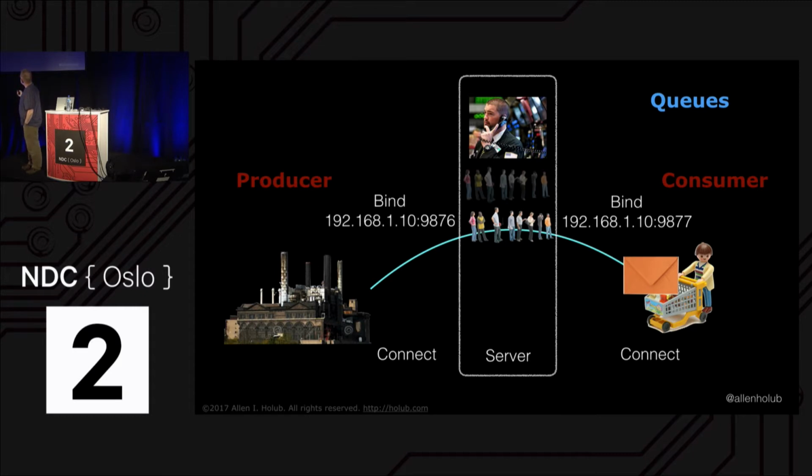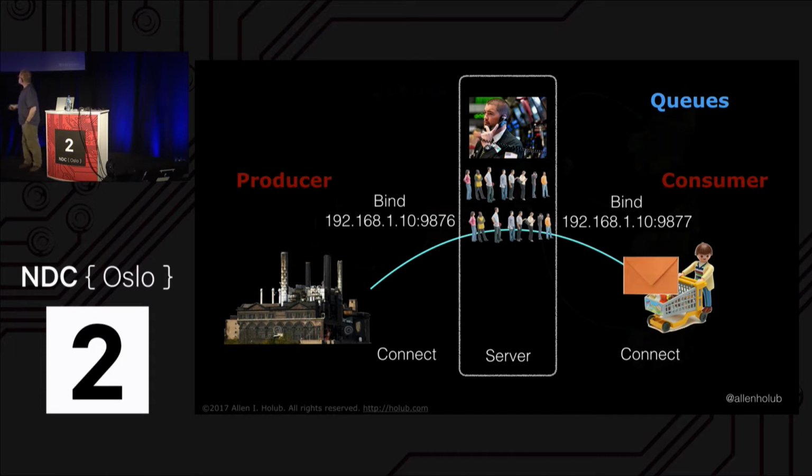The final thing you get with a broker, while we're on the subject, is you can have multiple queues. The queue is actually in the broker, so you can have multiple queues in one broker. But again, what that means is that if you take all of the queues for your entire system and put them in one single broker, when that broker goes down, the entire system stops. Nobody has any data anymore until the broker comes back up again. And from a resiliency point of view, I don't like that.